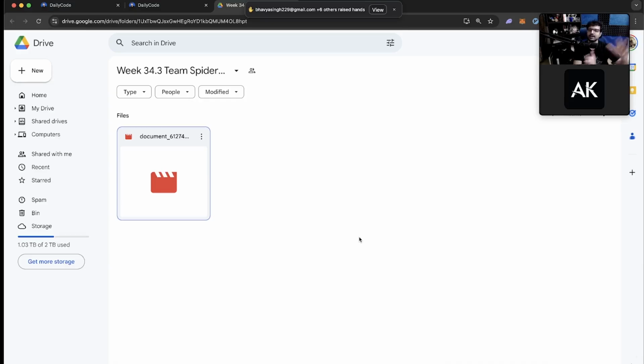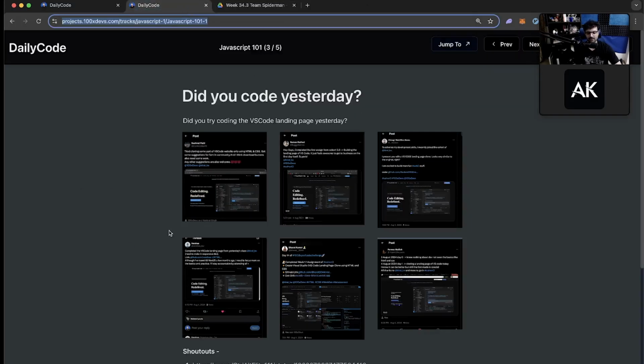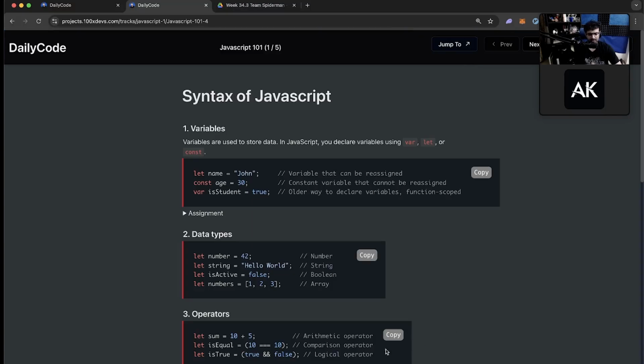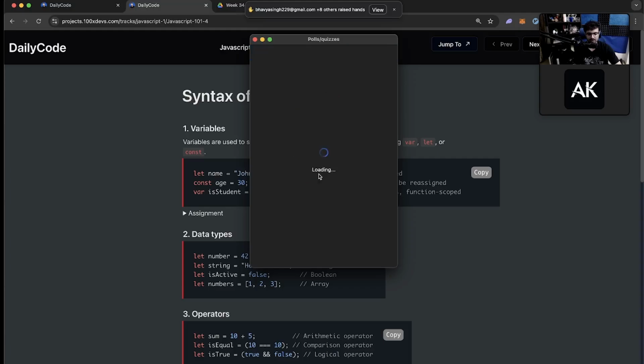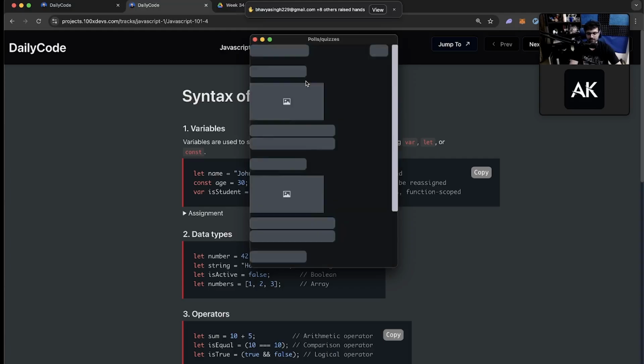We can do this at the end of the class as well. Probably we should do this at the end of the class because this might take a long time. So we can first go here and do the class. That's what I would like to do. If I'm being honest, let's stick with the class first, and then in the end we can have some fun. But let me do a quick poll, and then we will proceed.